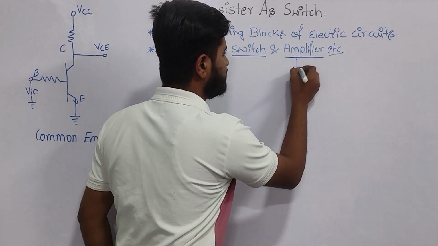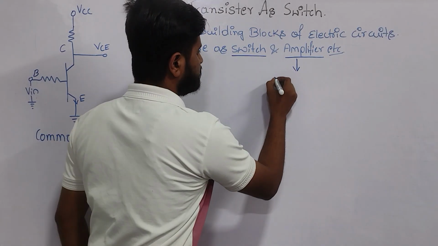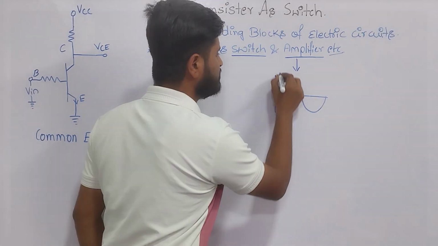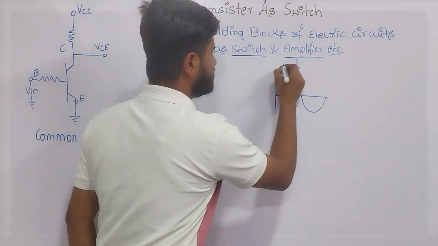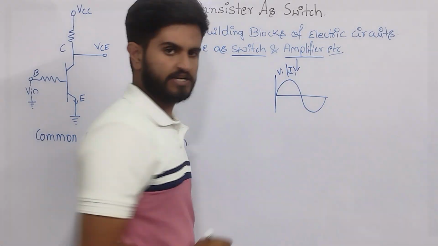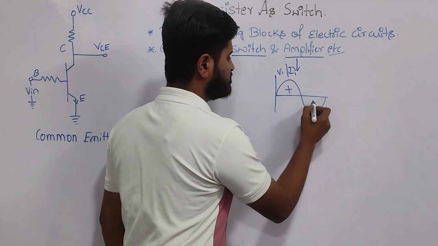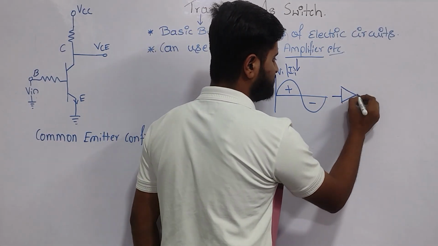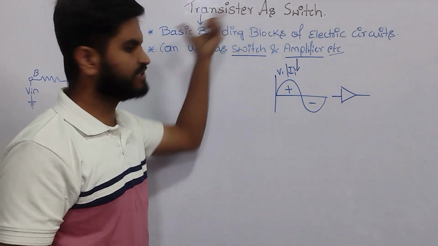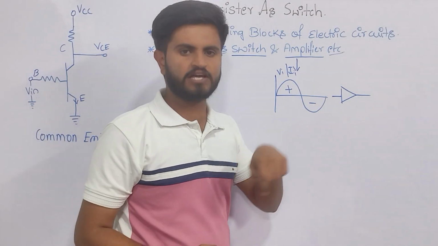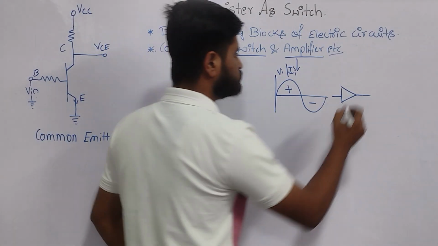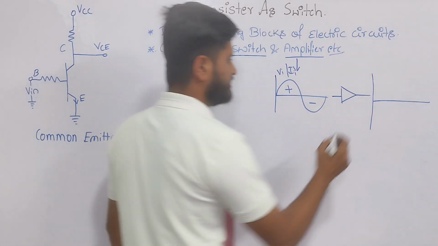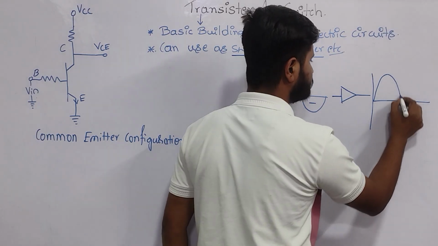So if you see here, let me consider a waveform, whether it may be of the voltage or of the current input. It will have a positive half cycle and a negative half cycle. When you introduce an amplifier, which will consist of the transistor, what it will do is amplify the amplitude, that is, it will increase the height of the